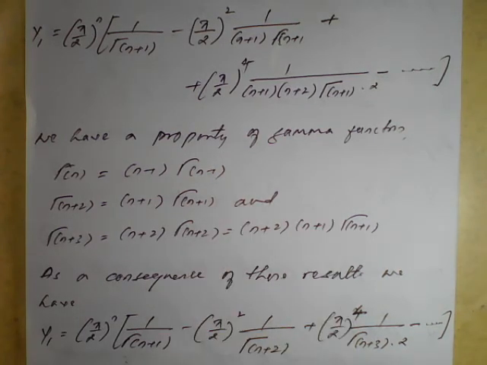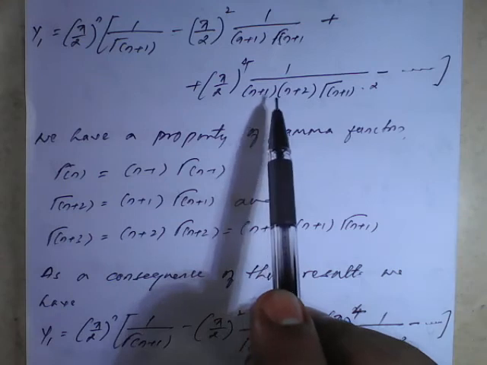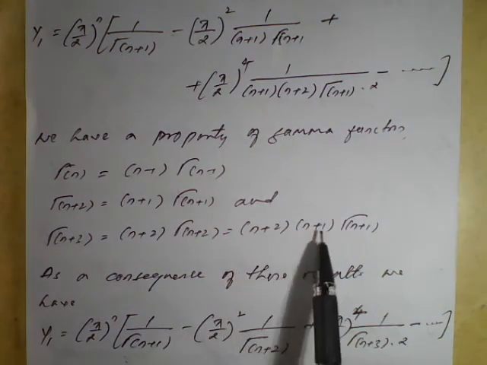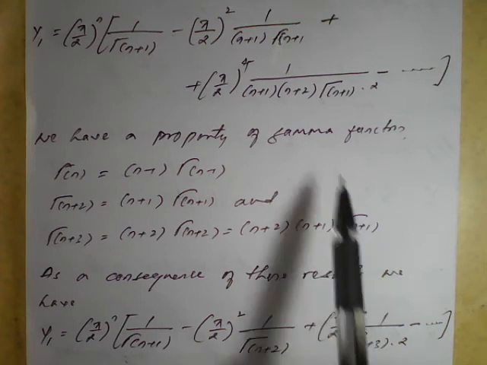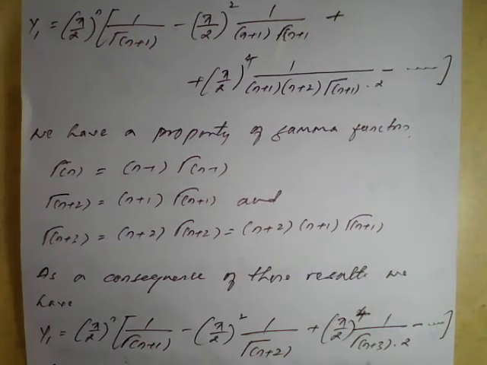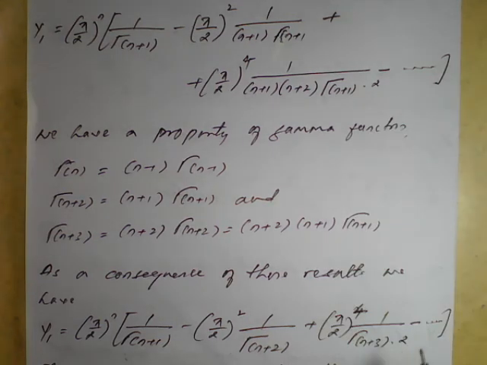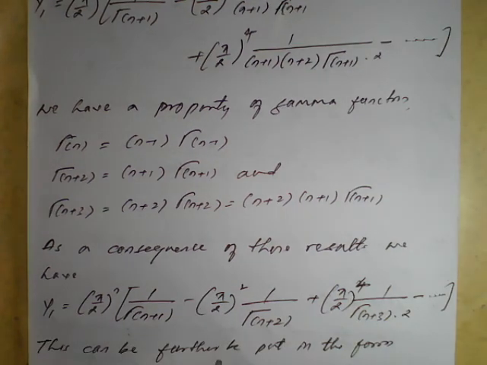Then next, (n+2)(n+1) into gamma of n+1 is nothing but gamma of n+3, and 2 as it is. So this can be further put in the form as